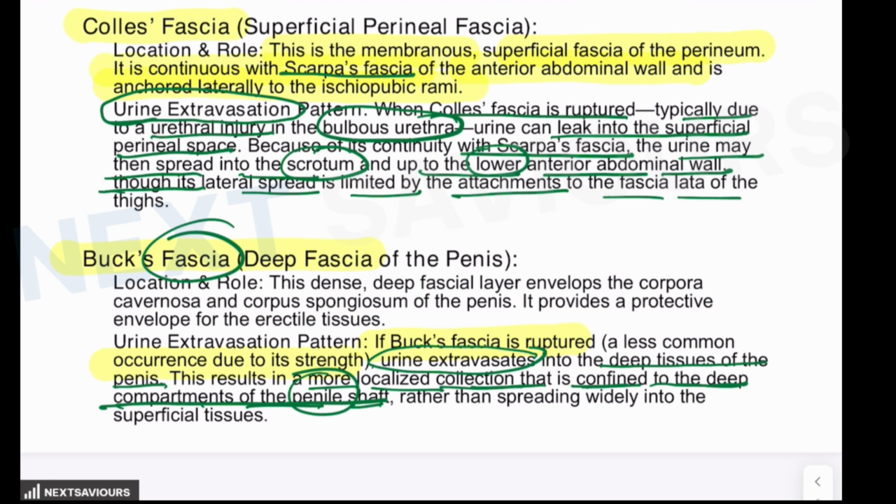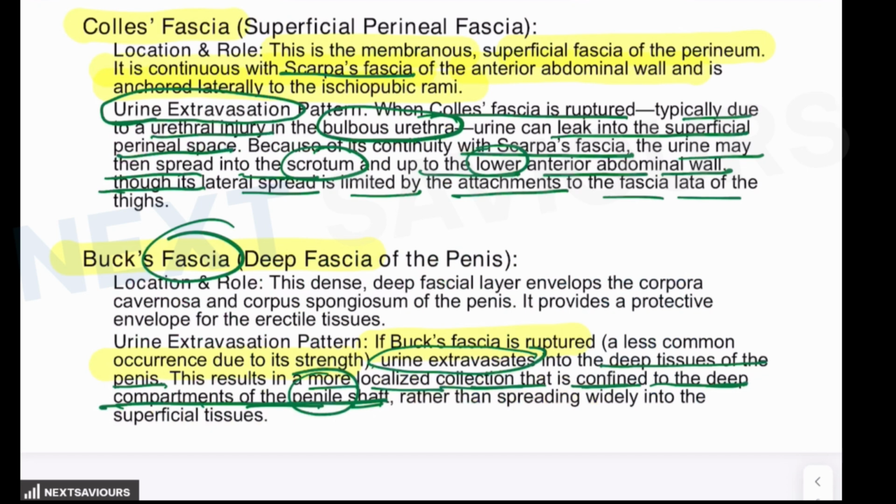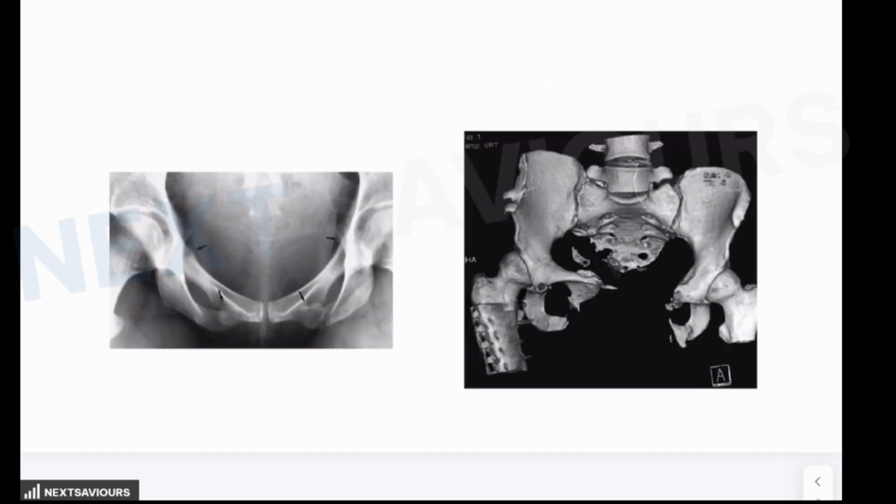And the examiner typically gives you the anterior urethral injuries, if at all, on the basis of clinical examination; the question is constructed that way. Because had there been a posterior involvement of the urethra, then the collection of urine is going to be deeper, and for that, investigations are required in order to identify it. It is not that much evident clinically. So, hope you have understood this point number one. That means involvement of the urethra and involvement of the extravasation.